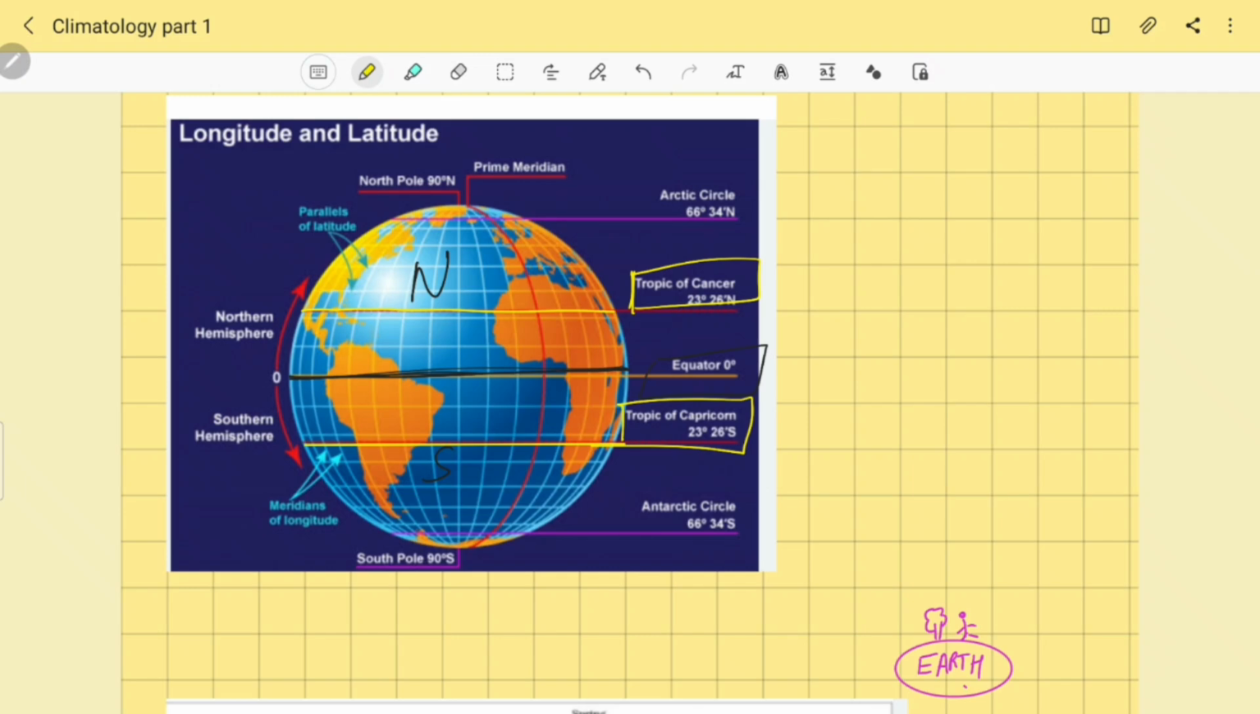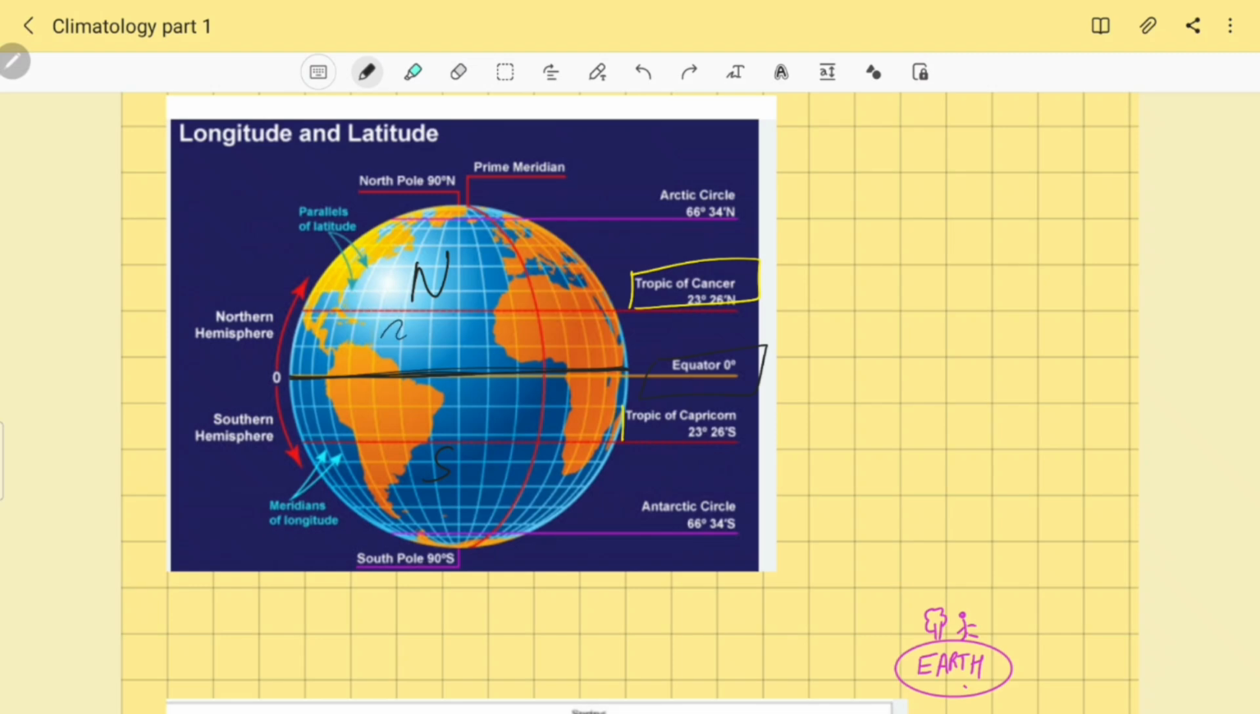Okay, and if the latitude is at 66.5 degree in the north, it is known as Arctic Circle, and if this latitude is at 66.5 degree south, it is known as Antarctic Circle. Okay, I hope this is clear to all of you. Now let's see what is a tropic. Just a minute, I'll erase these things. Okay,